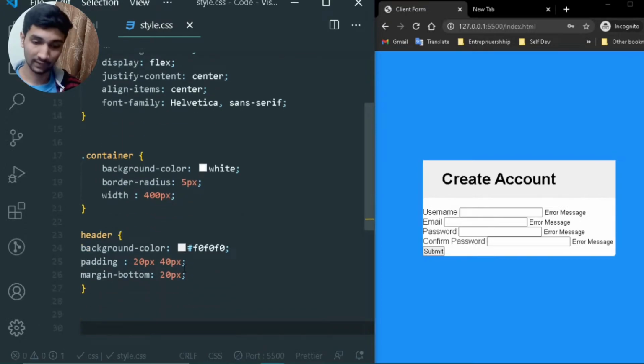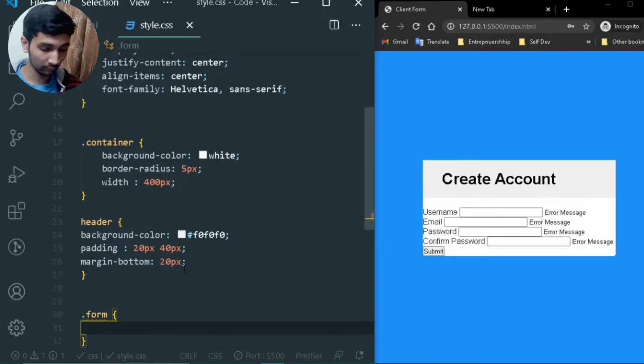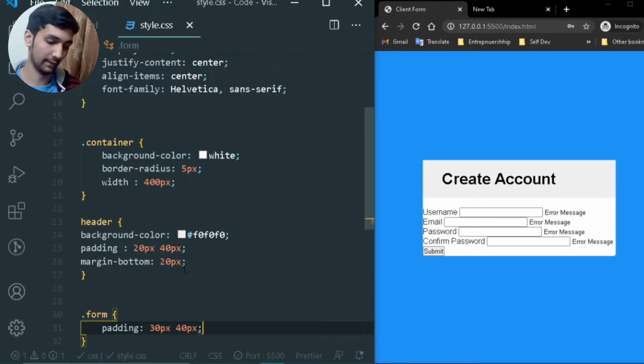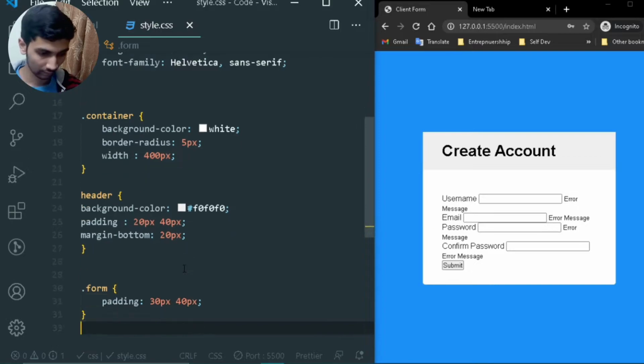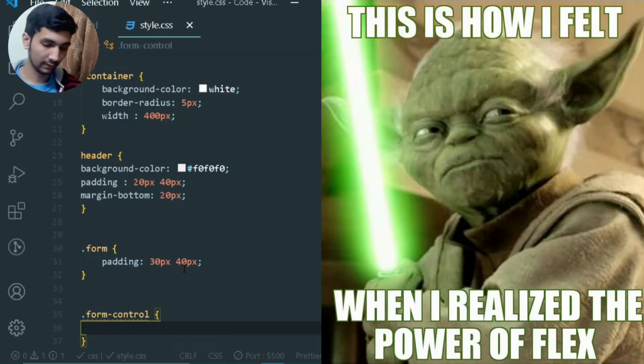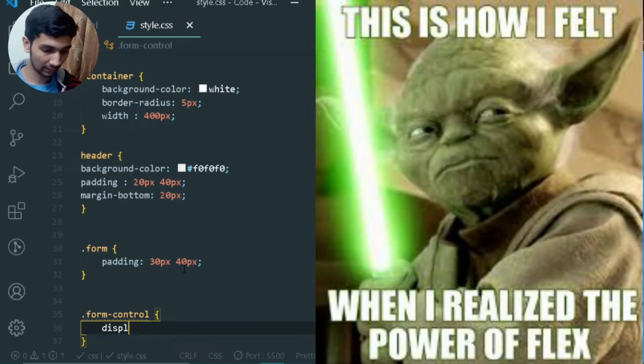Good. Now let's style our form. So we can say dot form. As you know, we added a form class to our form. So what I want is to add a padding of 30px and 40px, right? Now let's move on to form control. In this form control, I want display flex,